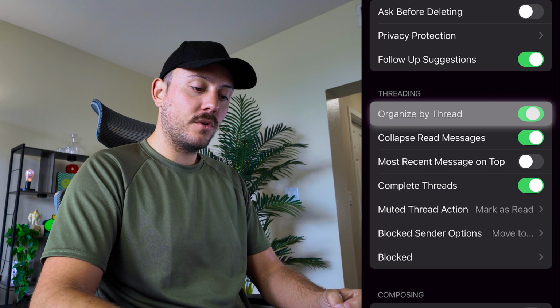Now you can choose Organize by Thread and have that toggled on. You can have collapse the read messages. Typically, I like to have that toggled on as well. You can have the most recent message on the top, which I definitely recommend, and then you can also have the complete threads. Essentially what these are going to do is basically keep a single conversation all together, and especially